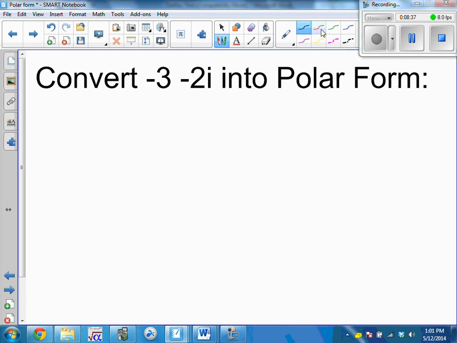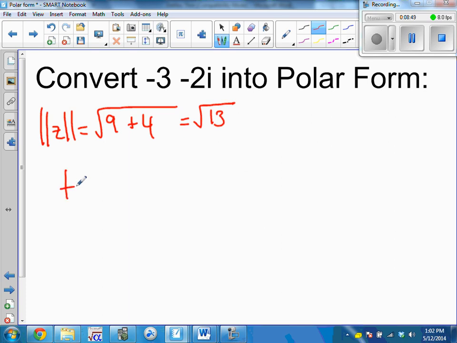So let's try another one. First I want to find the absolute value of z, which is the square root of negative 3 squared, which is 9, plus 2 squared, which is 4, so the square root of 13. I need to find my angle, and that is inverse tangent of negative 2 over negative 3. Now I need to be careful, because when I do inverse tangent of negative 2 divided by negative 3, I get